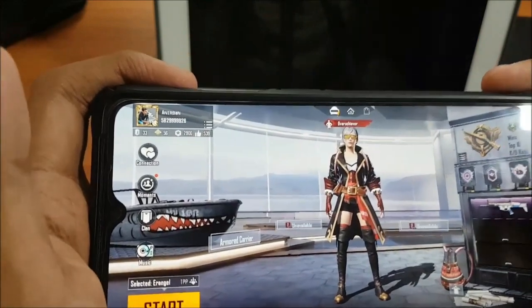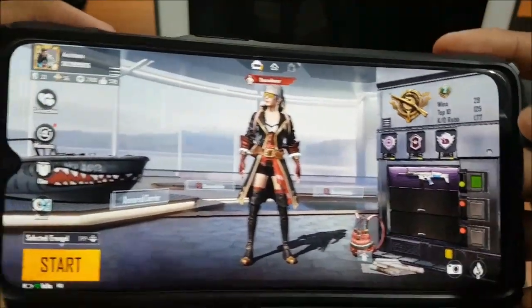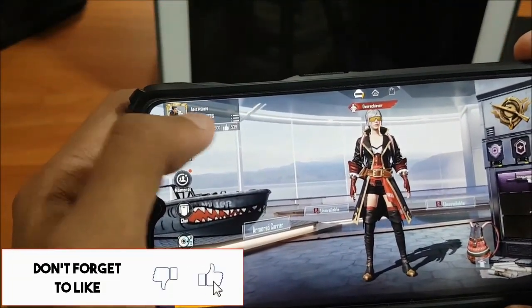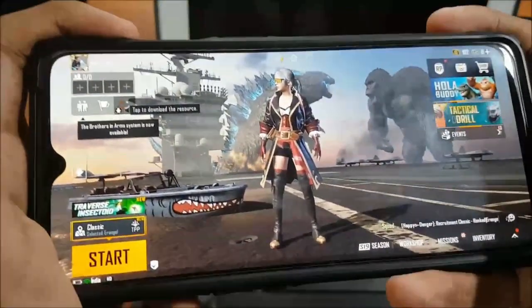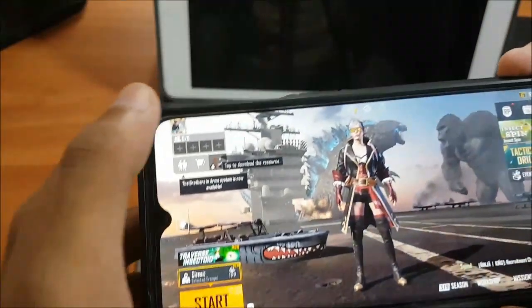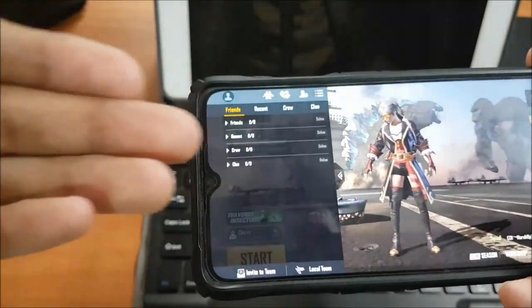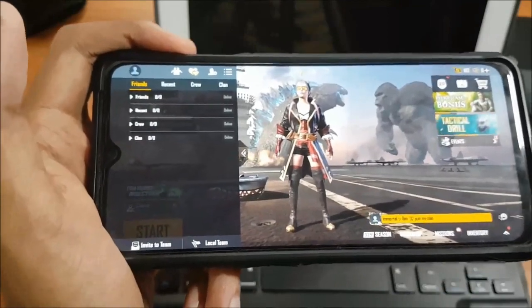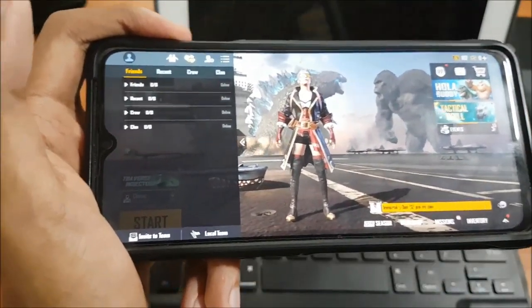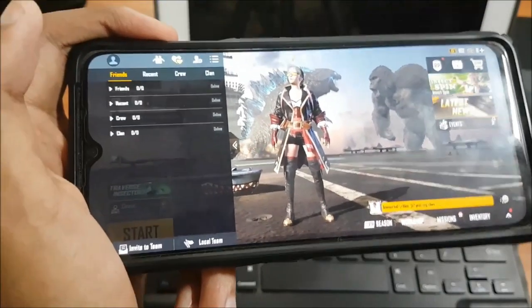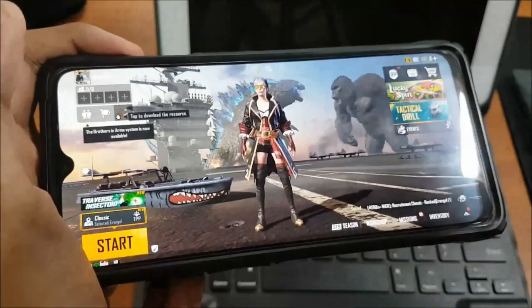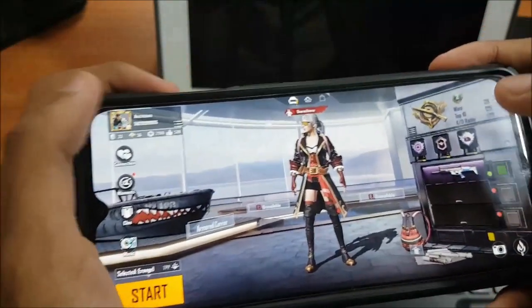Let me ignore it for some time, and here you can see this new player has come with this much KD. And here is my actual account, as you can see. One thing is that all your data will be transferred to this BGMI, but the main difficulty is that you need to go through your friend list again and add them, as it is a completely different game, so you need to add all your friends again. That's why I told you to keep that ID of yours, so that it is useful now.